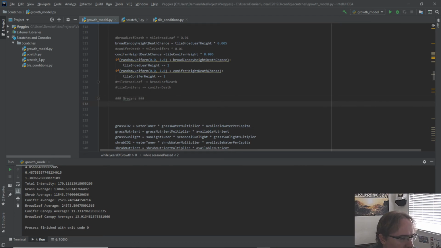Now this should be relatively simple. We have grazing animal intensity here. We can calculate a factor called